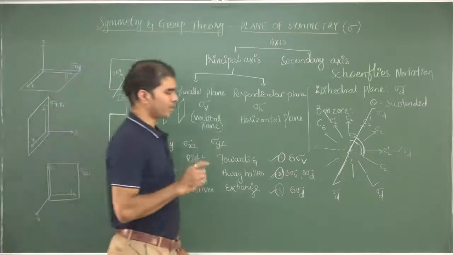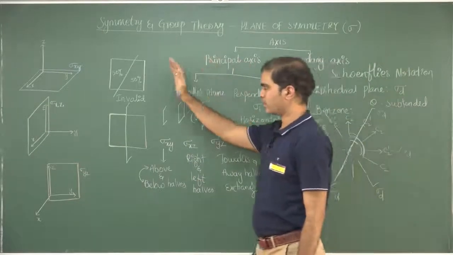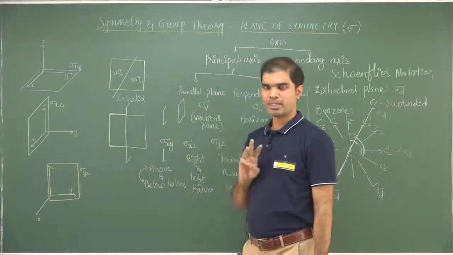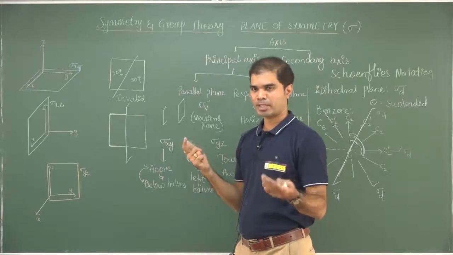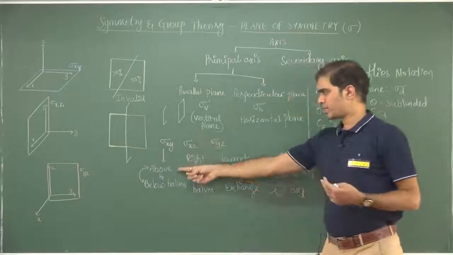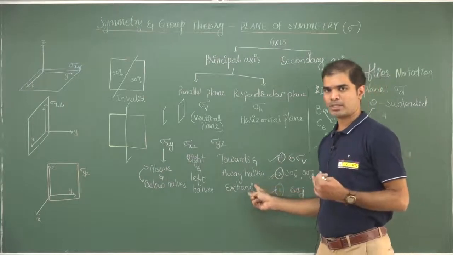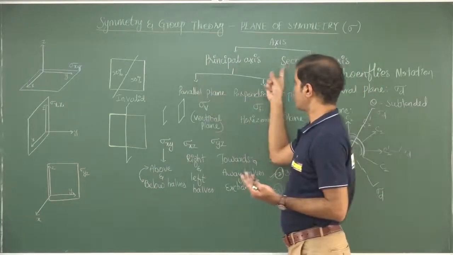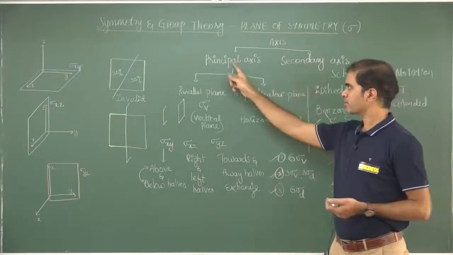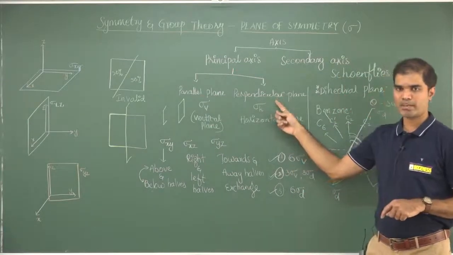the plane of symmetry is one of the most important symmetry elements, which is imaginary and bisects the given molecule or entity into symmetrical halves that are mirror images of one another. Altogether we have 3 basic planes. The number of planes could be many, but the basic planes are only 3: xy, xz and yz. Which halves do they exchange? Above and below, right and left, towards you and away from you, halves are being exchanged. How many planes are present? To understand, you should know what the different axes are: principal axis and secondary, subsidiary or auxiliary axis. With respect to the principal axis, the plane that is parallel is the vertical plane and this is the horizontal plane.